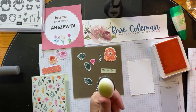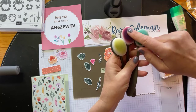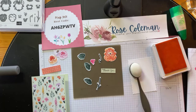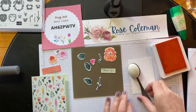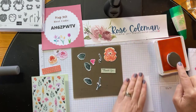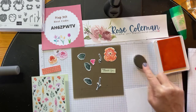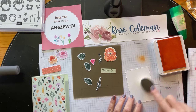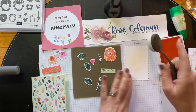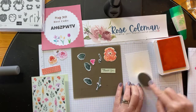So I'm using, actually this is my green one. I have them designated for basically color families. So I've got my purples here, my blues, greens, and I don't have one yet for my peachy, yellow colors. So I'm going to use this one. I'm going to take my blending brush and press it into the ink pad. I'm going to start on my grid paper, and just get a little bit of that ink off, the stark part. And then I'm just going to come on in here over my piece. I'm just going to add a kind of halo background, like a little glow on the back of my card. So just a soft glow,